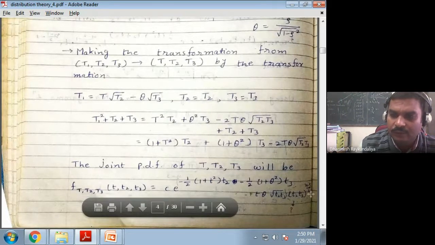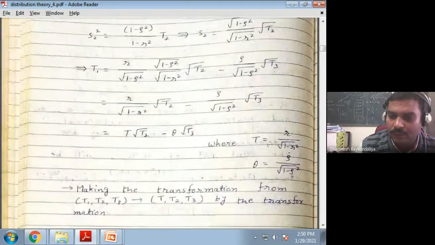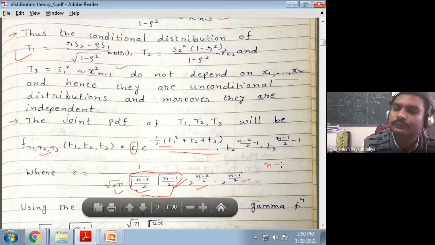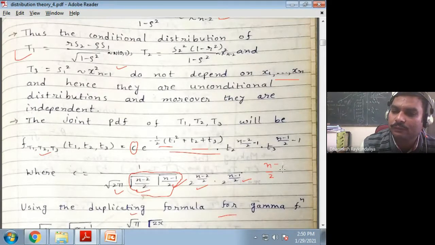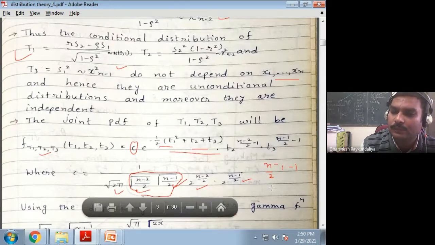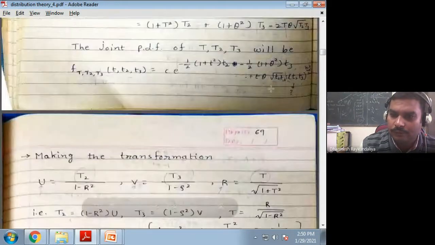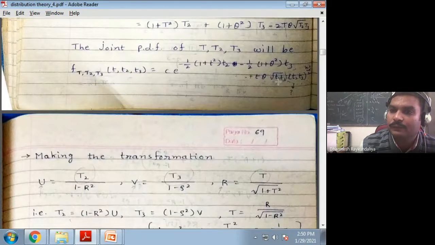So why is it so? Because the square root that is here, I have taken outside. So when you take it outside, what will come? It can be written as n by 2 minus 1 minus 1. What will you write this as? n by 2 minus half minus 1, so minus 3 by 2. So I have just used this here. And theta comes plus, and this is outside, it is not in the t power, this is the factor.